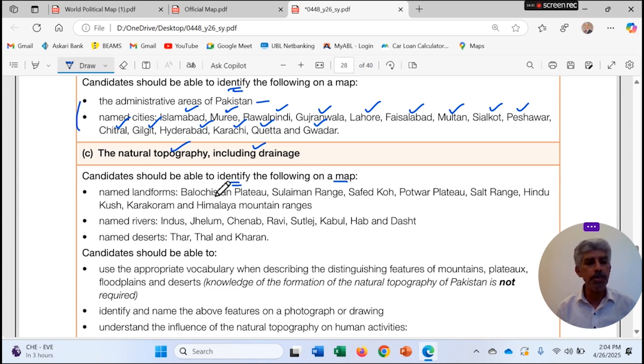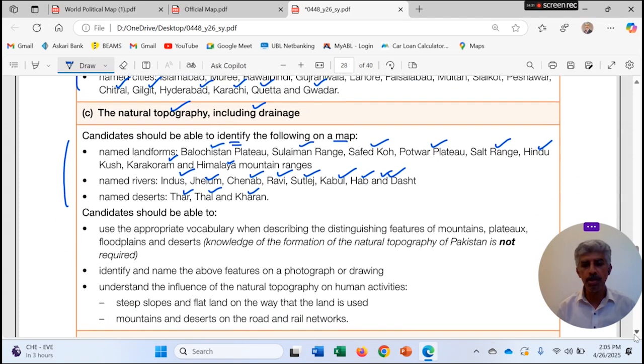Named landforms: Balochistan Plateau, Suleiman Range, Safed Koh, Potwar Plateau, Salt Range, Hindu Kush Range, Karakoram, and Himalayas. And then the named rivers: Indus, Jhelum, Chenab, Ravi, Sutlej, Kabul, Hab, and Dasht rivers. Named deserts: Thar, Thal, and Kharan deserts. So students should be able to label all these things correctly on the map of Pakistan in this first unit,